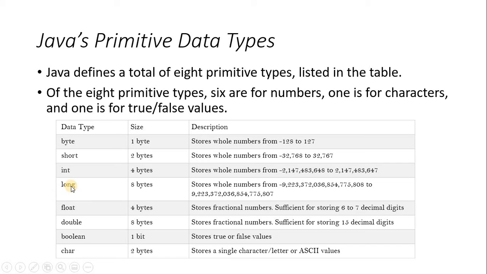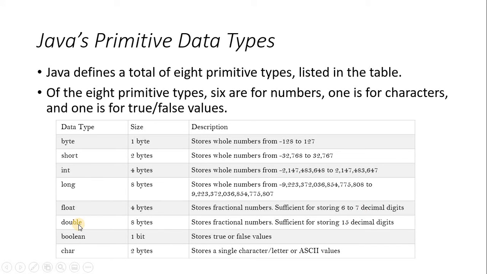And sometimes the number can have a floating point, fractional numbers. If there is a fractional number that you want to store, for a decimal number we can use the 4 byte type, that is called float, with 4 byte. That means 32 bit. So this will have 6 to 7 decimal digits.